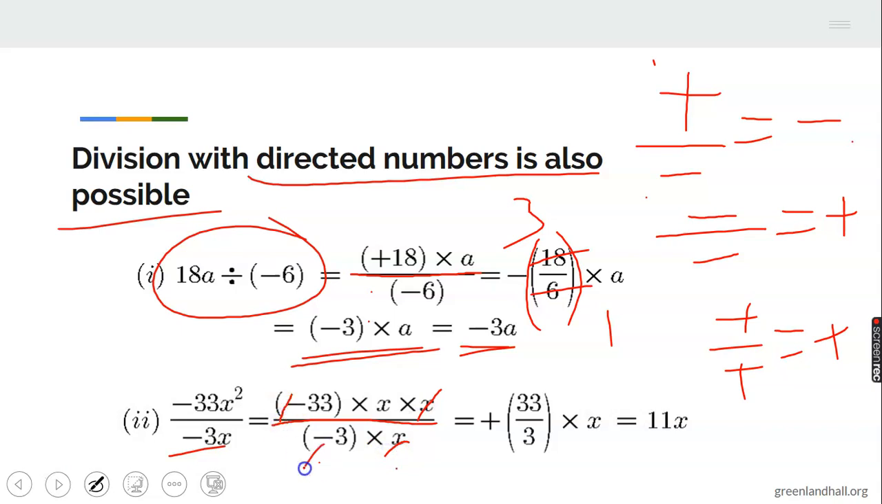Minus we cancel minus, giving you plus. You can see it here. Now, 11, 3 here 1, 3 here 11. That will be, look at it here, 33 divided by 3 times x equals to 11x. That is how to carry out multiplication, division of